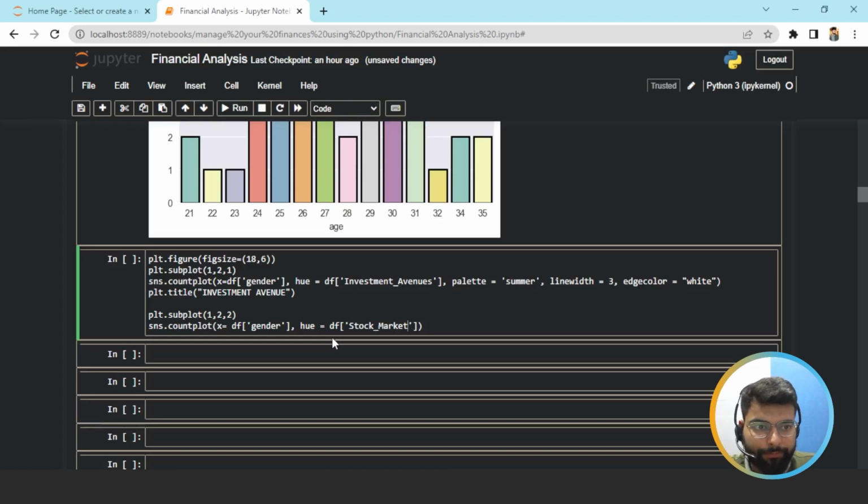Stock market, and now we'll set the palette, and we'll set the palette as hot only. Now after setting the palette, we would set the line width. Line width of the plot would be equal to 3, and after line width we would set edge color, that would be equal to white,